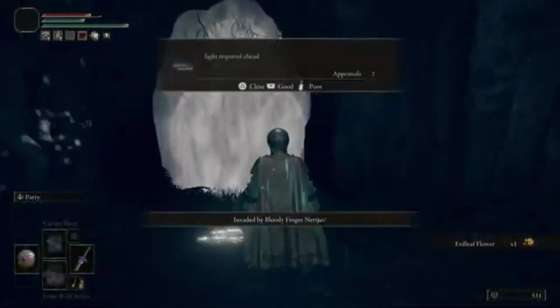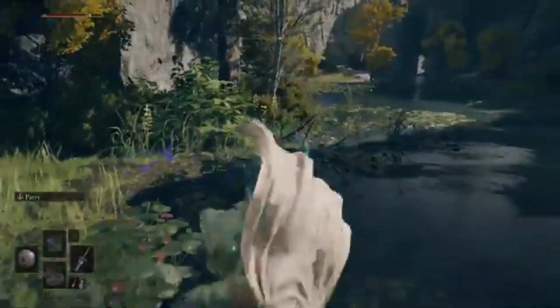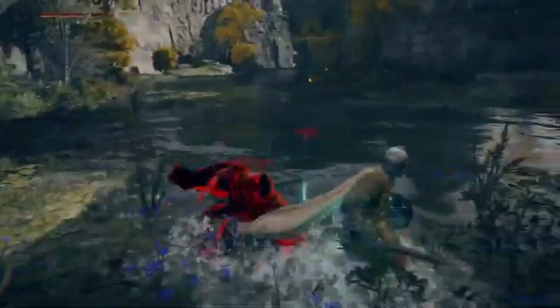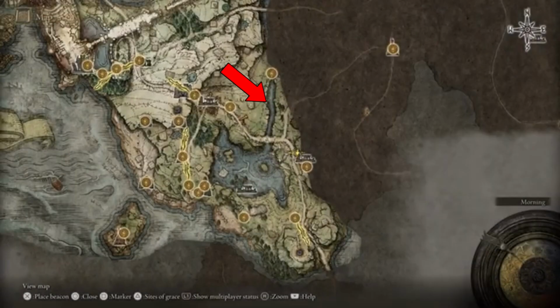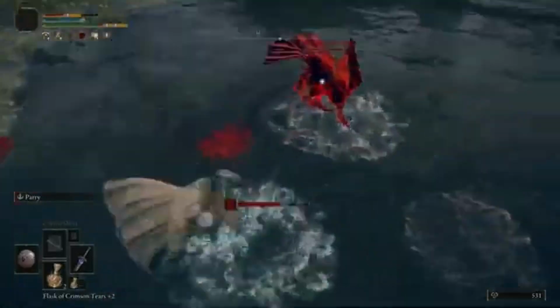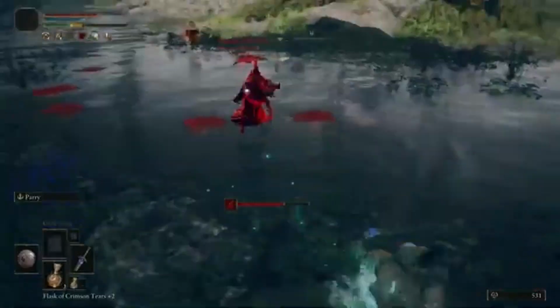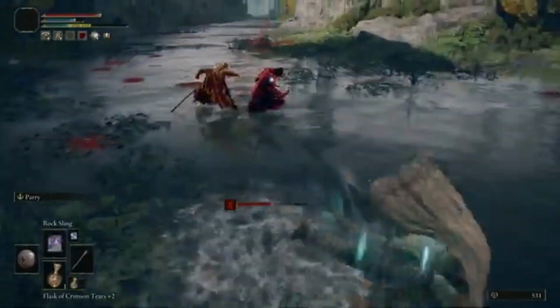In order to get about 100k runes though, we will have to obtain the Reduvia Dagger, which is dropped after killing the Bloody Finger Nerigis NPC that invades the ravine in Limgrave located near the Murkwater Cave Grace site. He can be a tricky opponent, especially with the high amount of bleed damage that he can dish out, but just take your time with blocking and dodging, and a nearby friendly NPC will join the fight to help keep